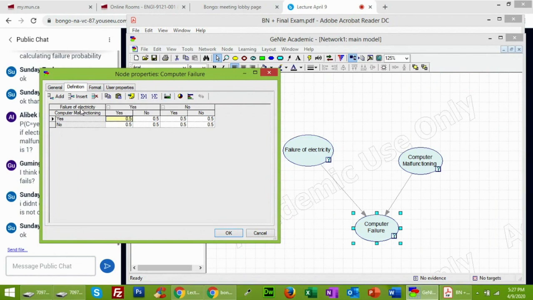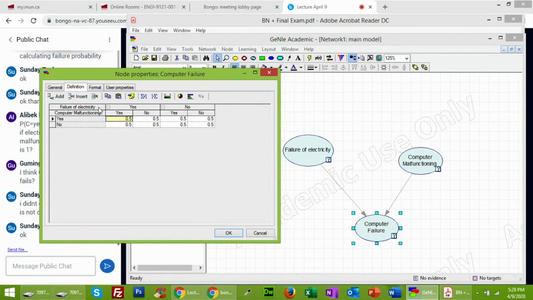It says that failure of electricity is yes and no. In the failure of electricity, yes, there are two possibilities: the computer malfunctioning could be there, or the computer malfunction could not be there, yes or no. And then you assign your values for your variable, which is the computer failure. The same here: if there is no failure of electricity, and there is a computer malfunctioning or no computer malfunctioning, again you assign the values of your computer failure.